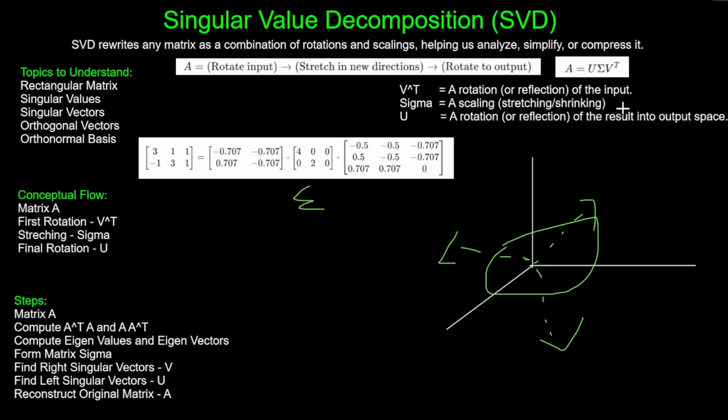It is responsible for stretching and shrinking. It's a rectangular matrix. So remember, this rectangular matrix can be used to add or remove dimensions. In this case, it's removing a dimension, so this 3D becomes 2D. So this ellipsoid becomes a stretched 2D flattened ellipsoid. Why? This is the normal rectangular matrix which is responsible for squashing it along the axis from 3D to 2D. So now we have 2D